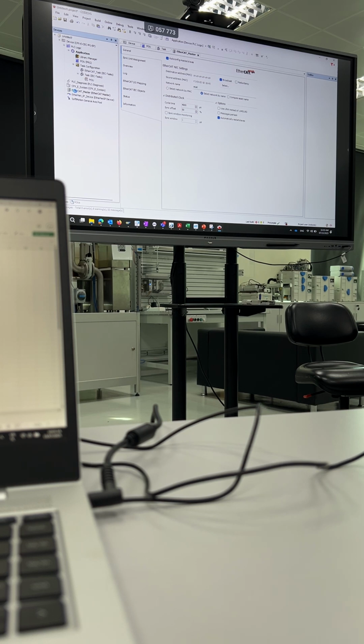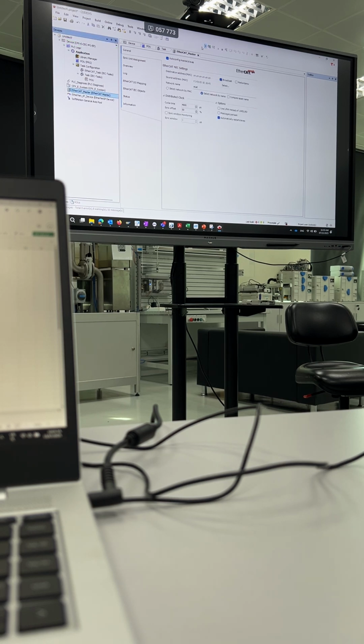So for the EtherCAT master right now, you only have a master, but you don't have any EtherCAT slave. If you want to connect it with your EtherCAT slave, there are two ways you can do it as well: the manual way, or of course you can just scan for device. When you scan for device,